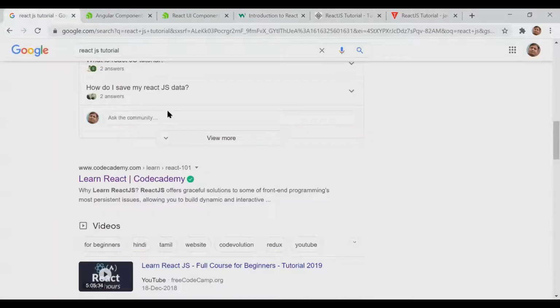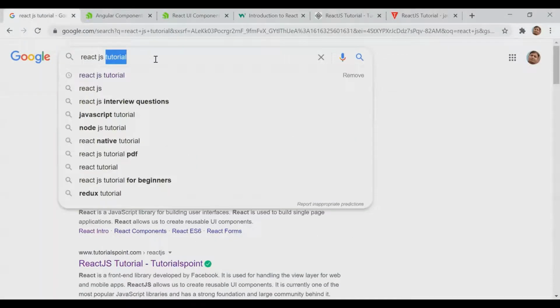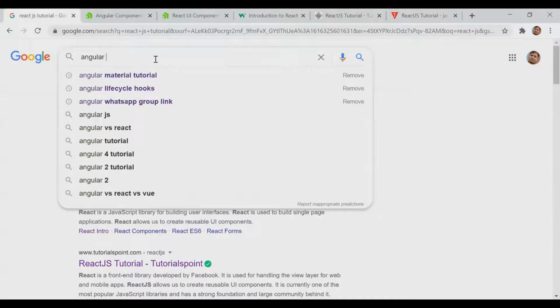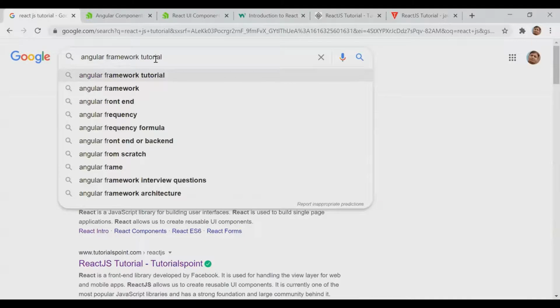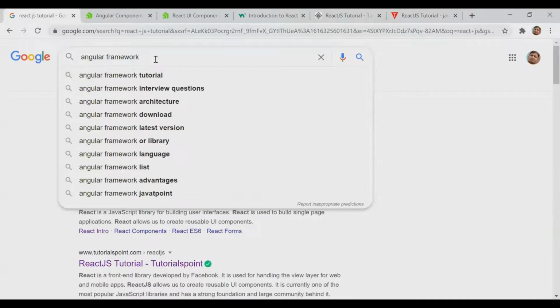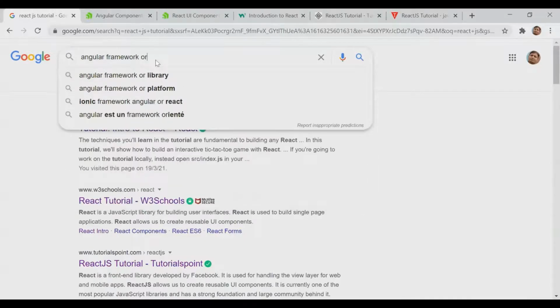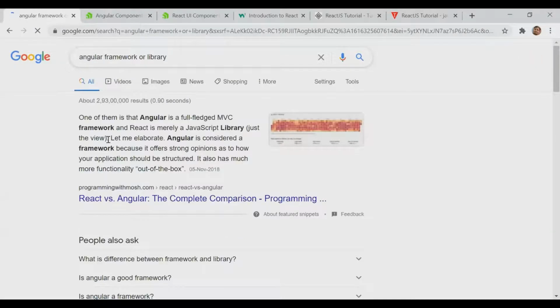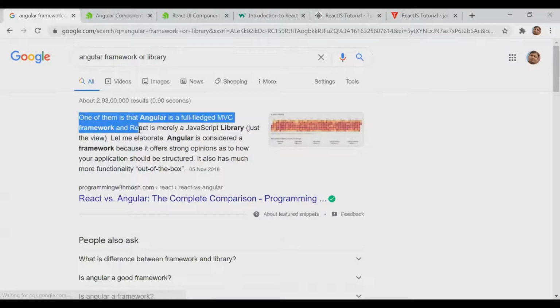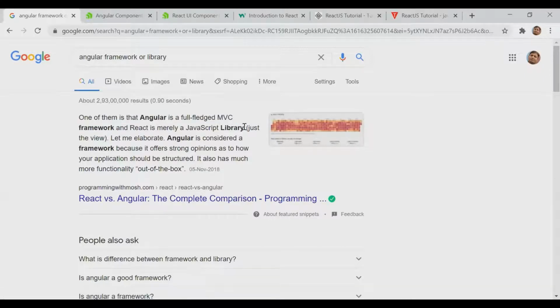I have a little bit of doubt. Right, Angular is a framework and React is a library.